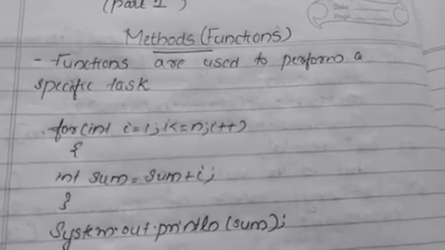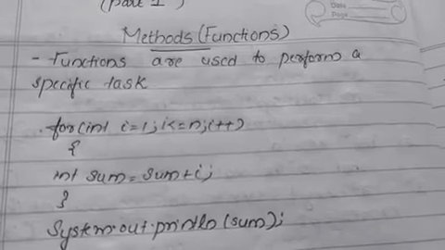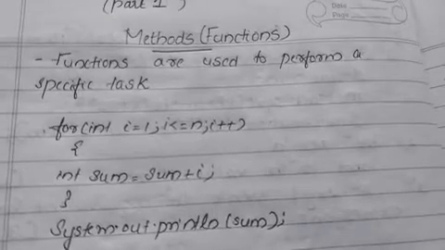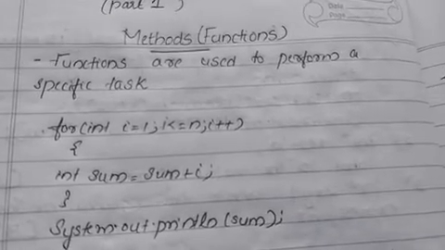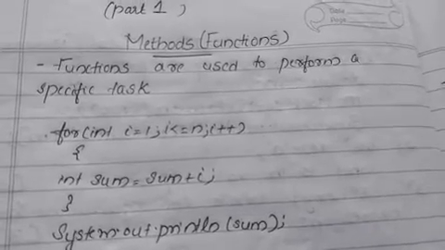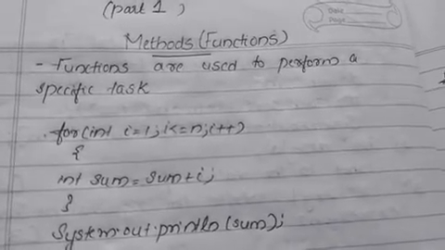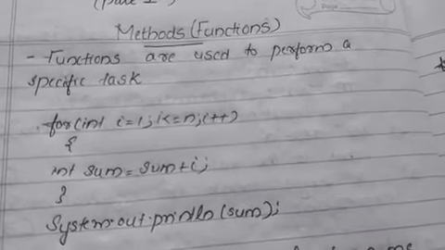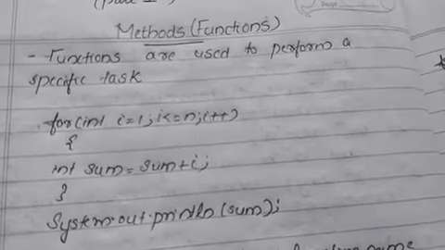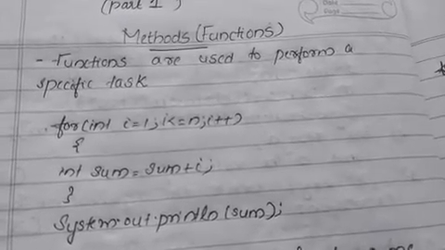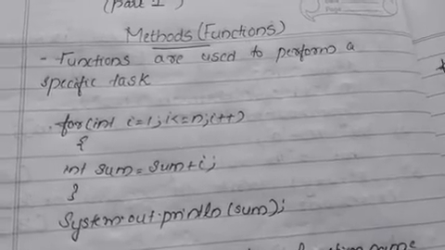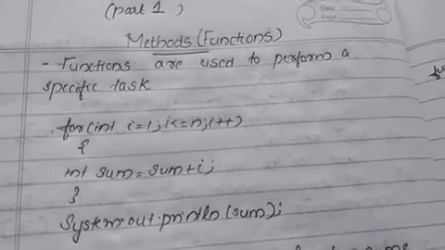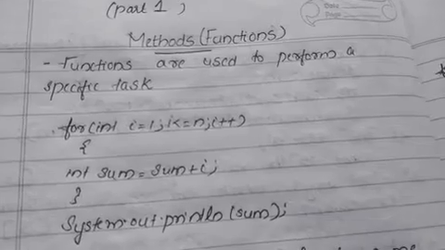In a Java program also, we are writing programs. When we are writing a program, we know that it consists of a group of statements, isn't it? Suppose we want to do the same things in one program at different stages of that program. We have to write the same program statements again and again. In order to overcome this, we can reduce the program statements. Whichever program statements are repeated, those statements can be converted into a block or a function. So wherever it is needed, we can use it.